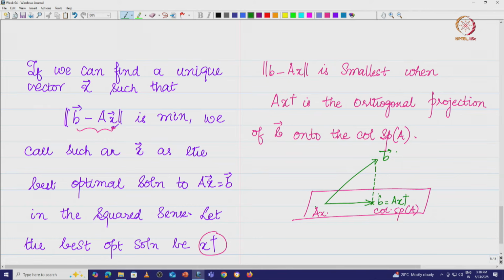So, column space of A means you have all these vectors of the form Ax, that is exactly what we have written. We have this to be the b vector, this is the column space of A, therefore this vector is going to be b minus Ax dagger. Now, what do we see here? b minus Ax dagger is orthogonal to all the vectors in the column space of A. Let me denote the column space of A to be the set of vectors Ay, where y is an element of Rn.